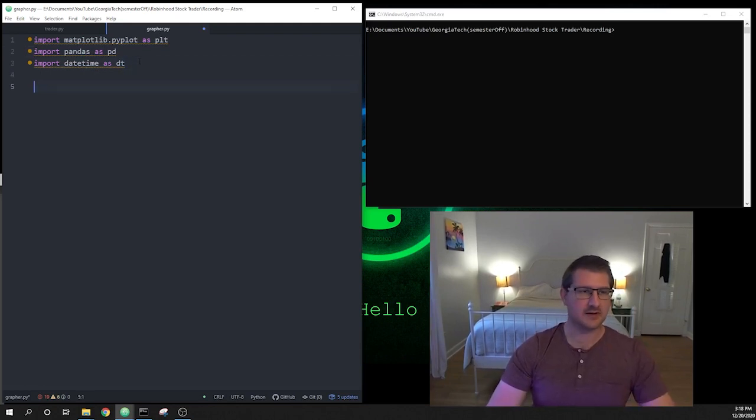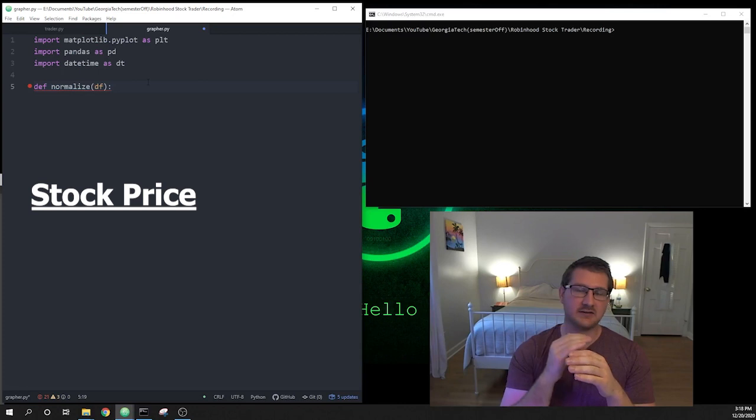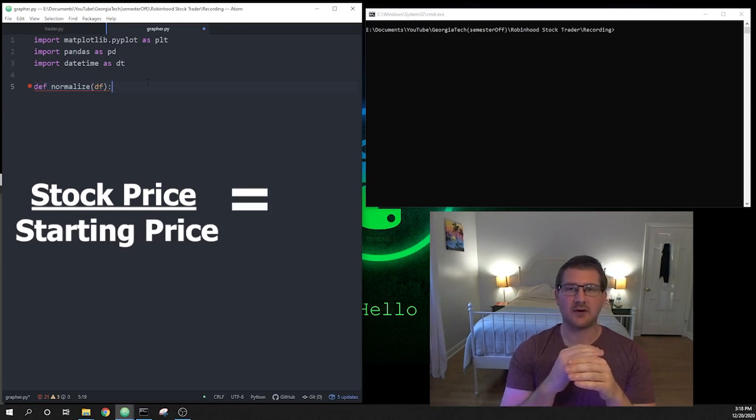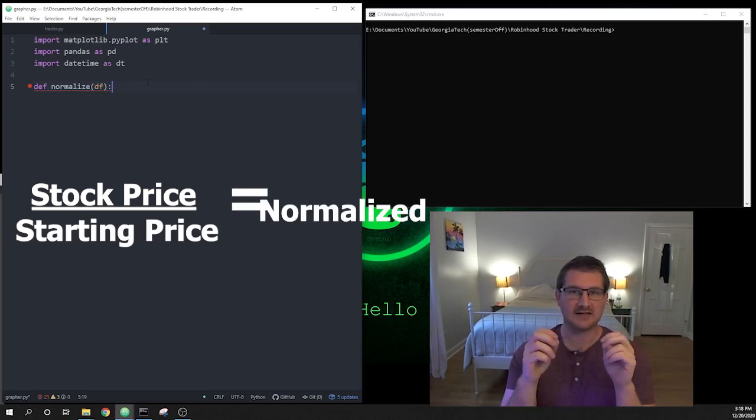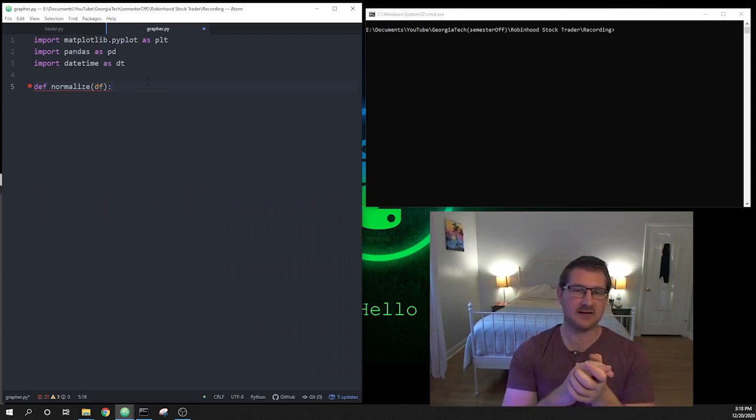So we will start off by adding our first function, which is going to be normalize. Before we get into how this function works, let's talk a little bit about what normalizing is. Normalizing is the process of dividing a stock's price by its original starting price, and therefore getting everything to be normalized at 1. Now what this means in actual functionality is if you have a stock that starts at